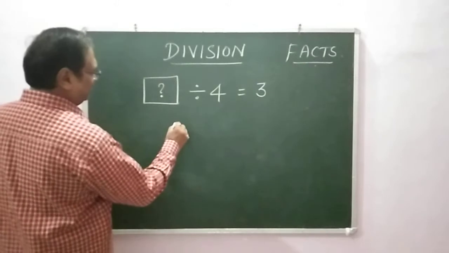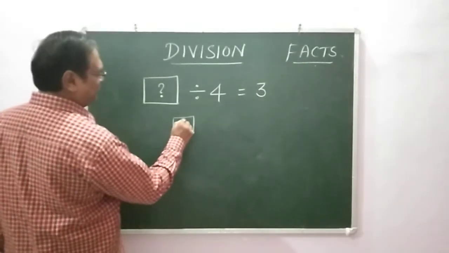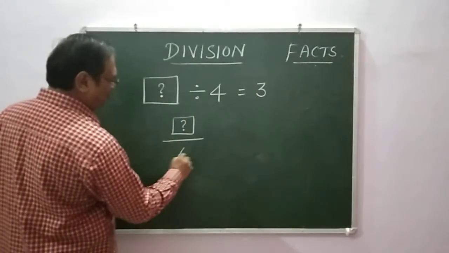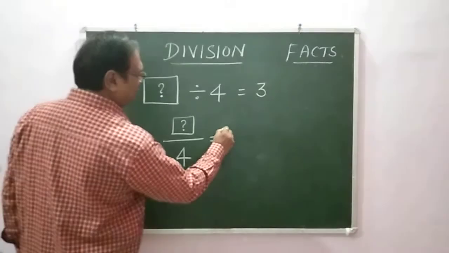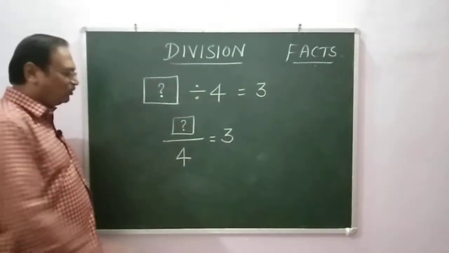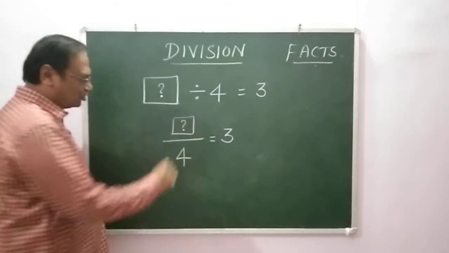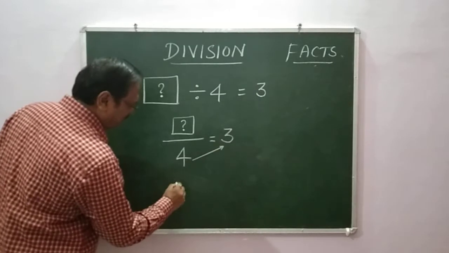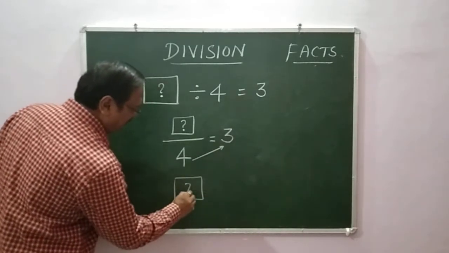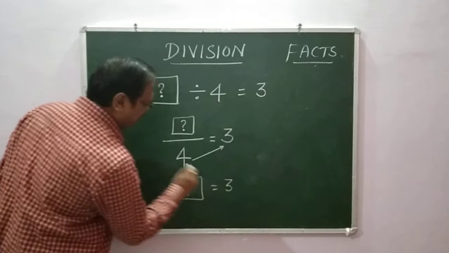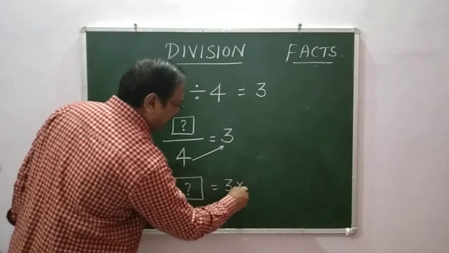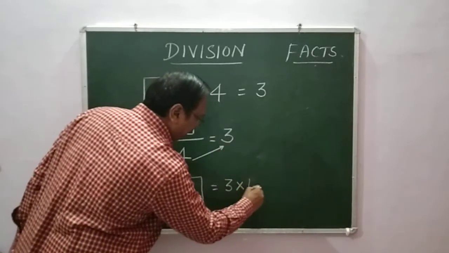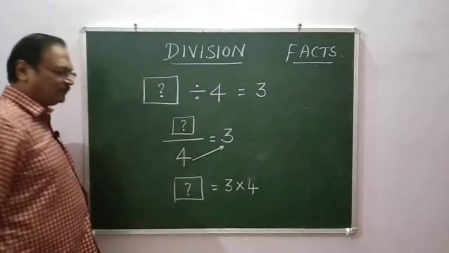Write like this. This box, you write the box like this. Put a question mark. Divide by, put a line. Divide by what? 4 is equal to 3. Yes, I don't know what is inside that magic box. So, I know that I can take 4 here, right? So, I'll put the magic box here and that is equal to 3. The 4 comes here, multiply. Here it is division. It goes this side. It will become multiplication. Multiply by 4.